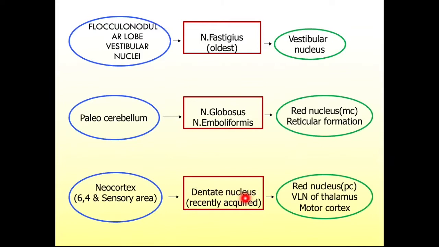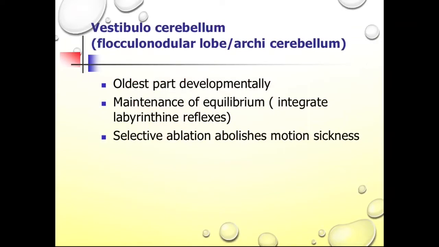And the dentate nucleus, like the neocortex, area number 6, 4 and sensory area, goes to the red nucleus and then again back to the motor cortex, because this is relayed via the ventrolateral nucleus of the thalamus for planning and programming, okay. Now, the functions have been subdivided into the vestibulocerebellum,